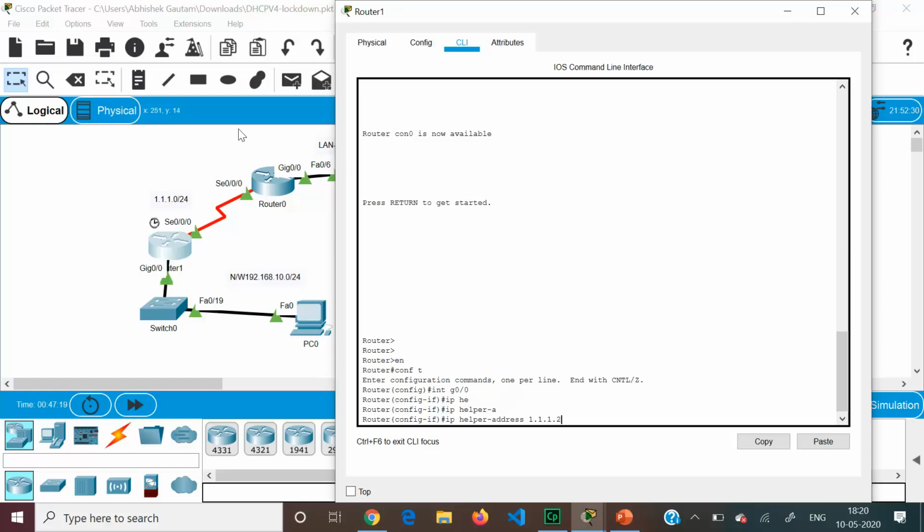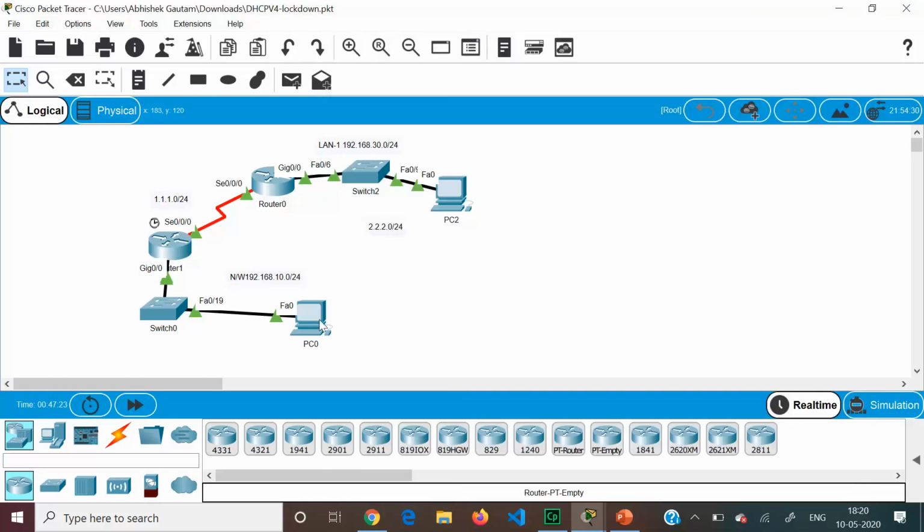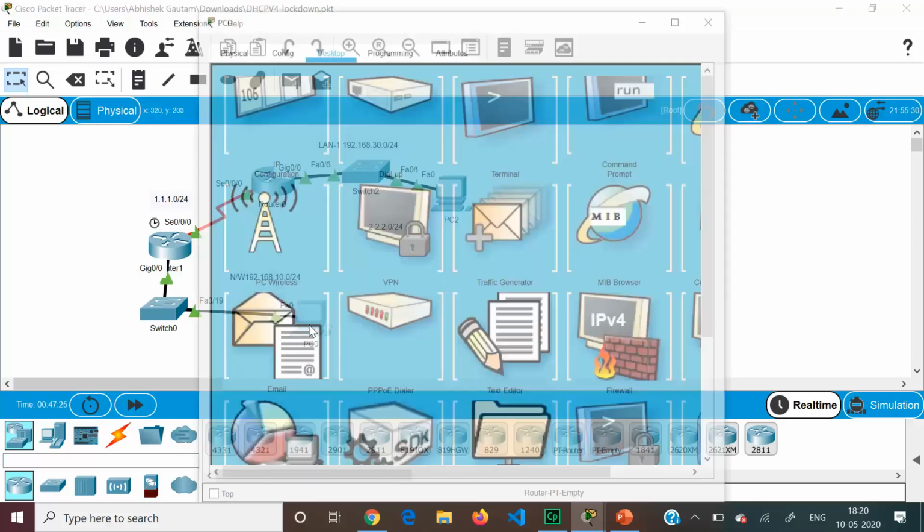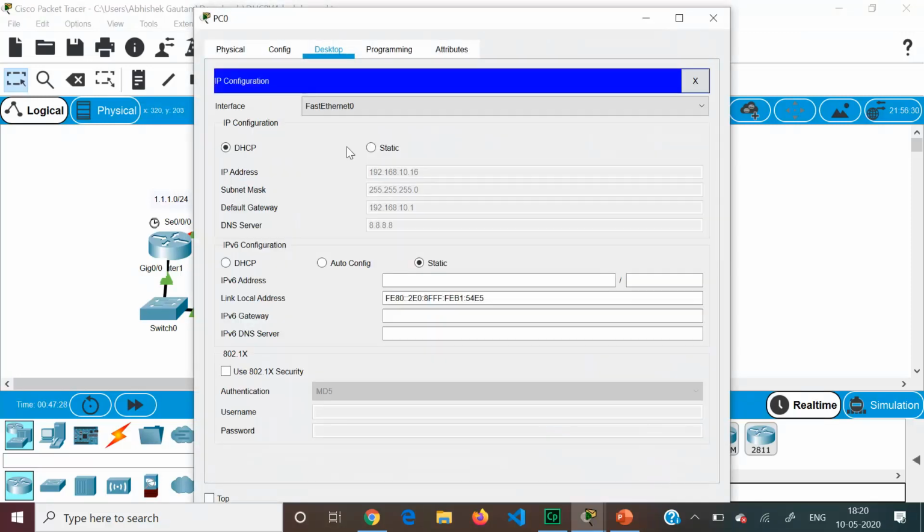This is the IP address of the router 0 S0/0/0 interface. So now if I go to PC0, I will go to static and DHCP. So it is assigning 10.16, right? Because I had excluded the first 15, from the next address onwards it has assigned the IP address. The DNS server and default gateway have also been assigned.